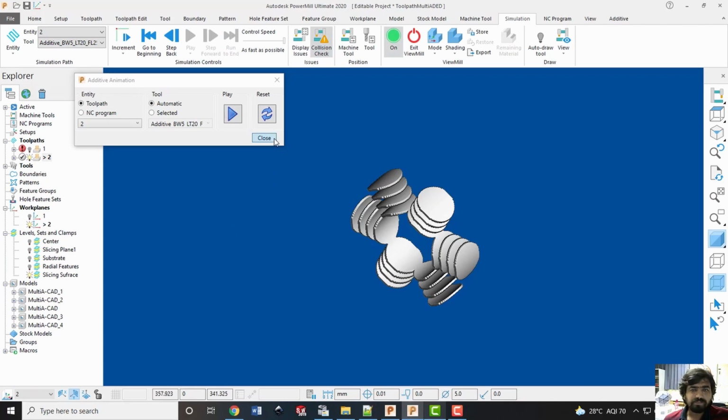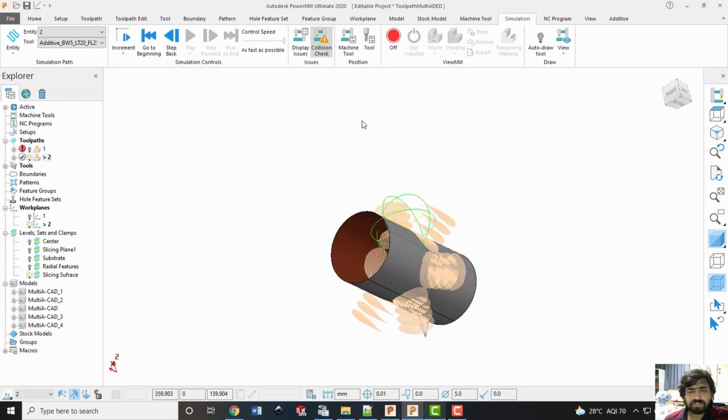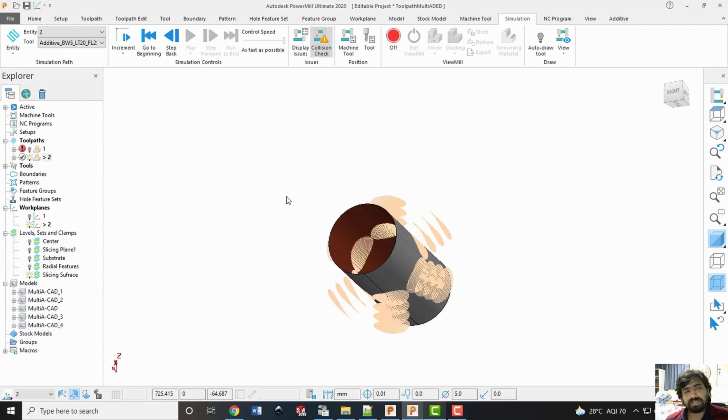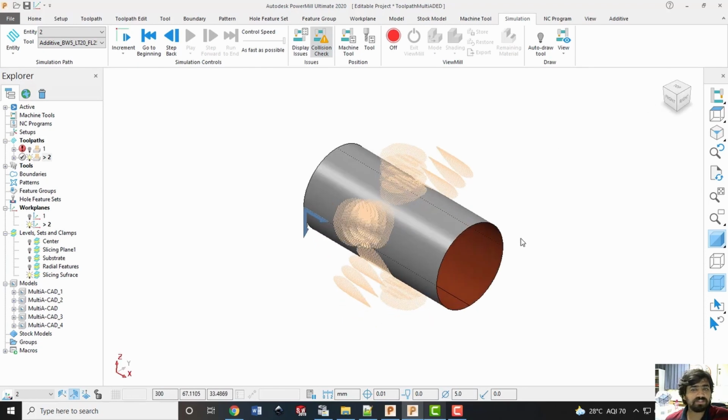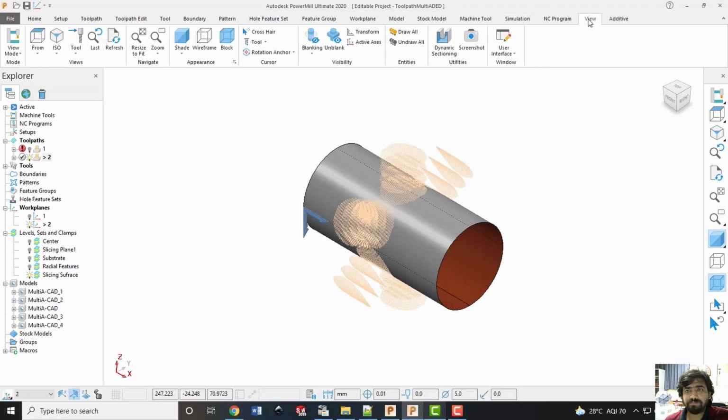Fine. So this is all about the multi-axis toolpath generation by utilizing the commercial CAD/CAM package. You can also import your robotic arm in real here and see these deposition strategies. Let us try to do that as well.